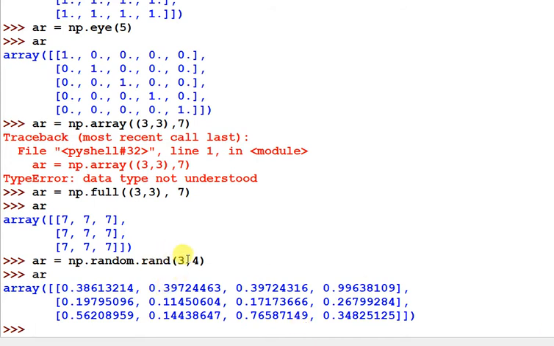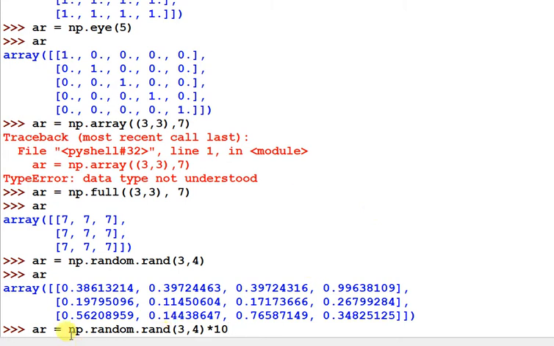And if you want to create np dot random with some specific range, suppose it generates 0 to 1, but if you want to create a 3 into 4 array that should generate values from 0 to 10, just multiply by 10.